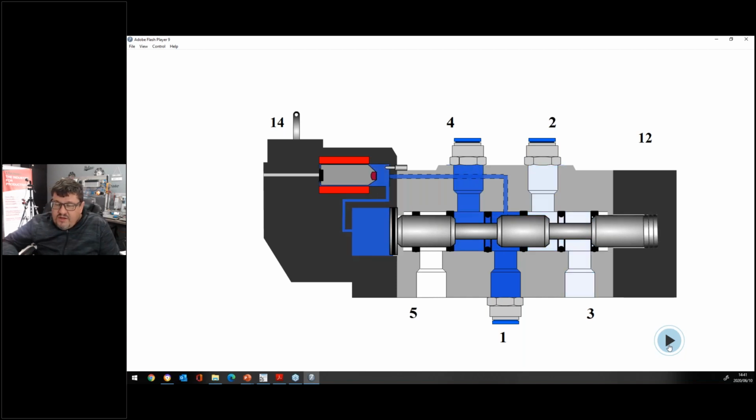my spool will move over. And as long as there is power on the solenoid valve and it is energized, my spool will be in that position. Now the airflow is from 1 to 4. Right, and the moment when you decide to de-energize your solenoid valve,